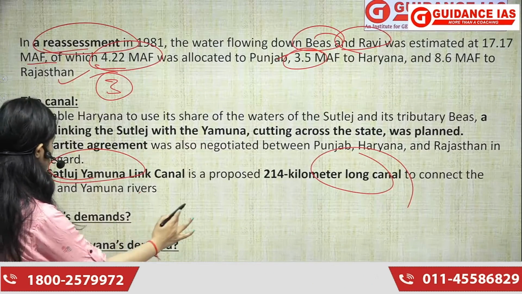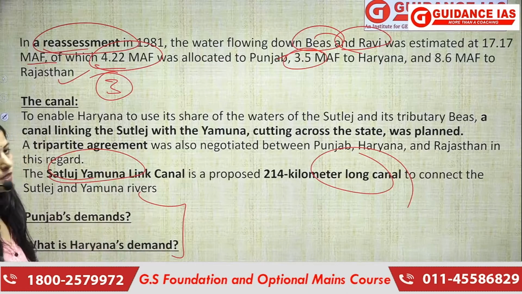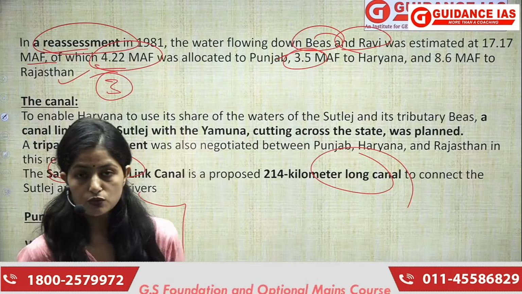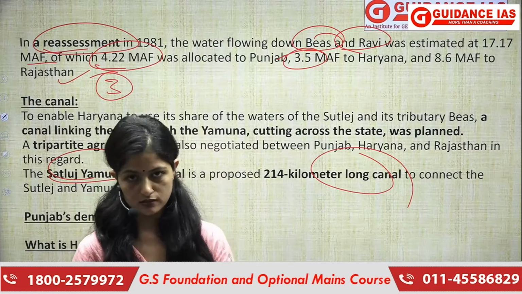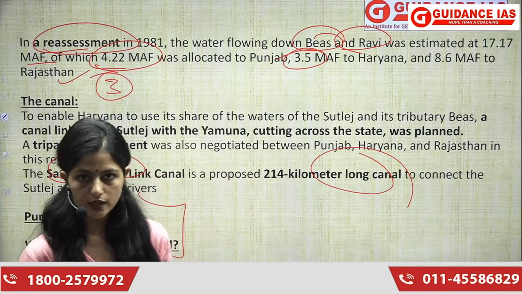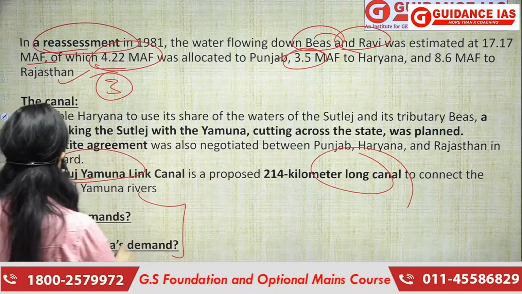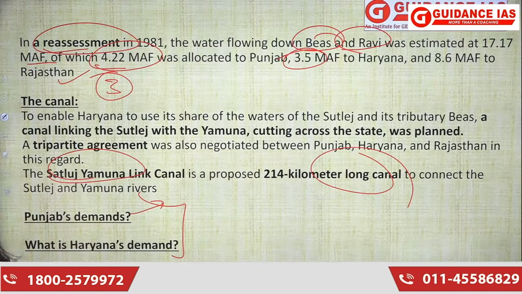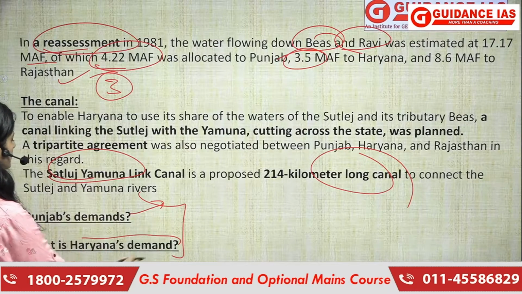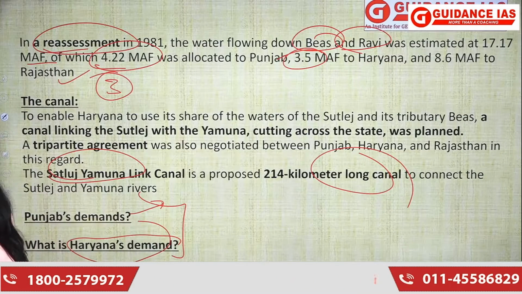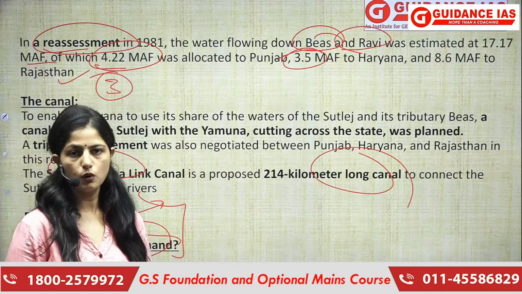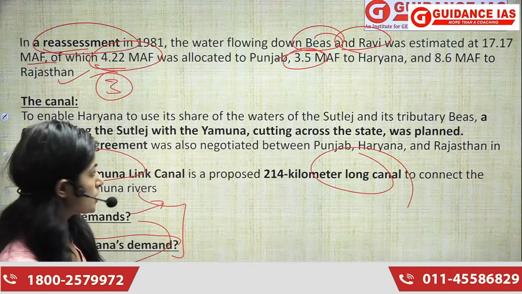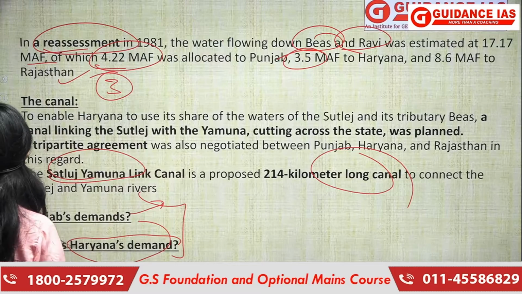We have already discussed Punjab's demand and Haryana's demand. Punjab is of the same opinion that we already do not have a sufficient amount of water, so they are restricting themselves from sharing it with some other state. Haryana again is demanding the same, that we need water and Punjab should do what it promised. So both states have their own opinion and their own logic, but that's the issue you need to remember.